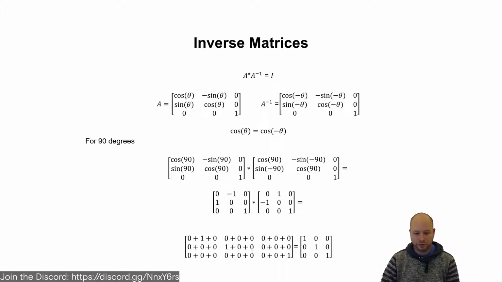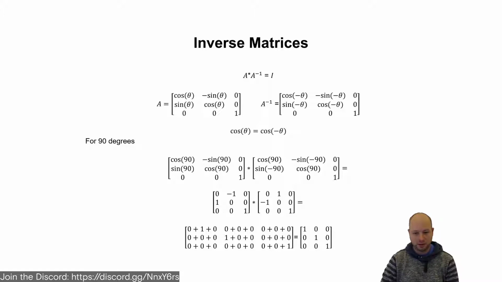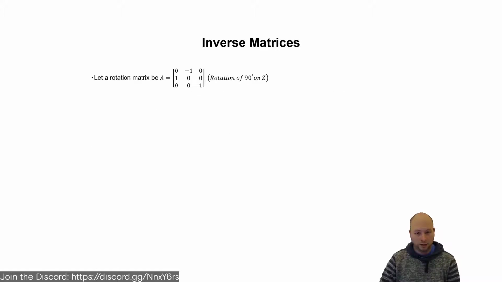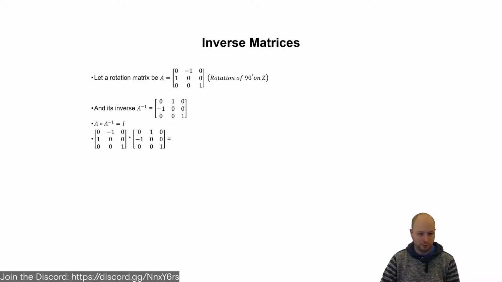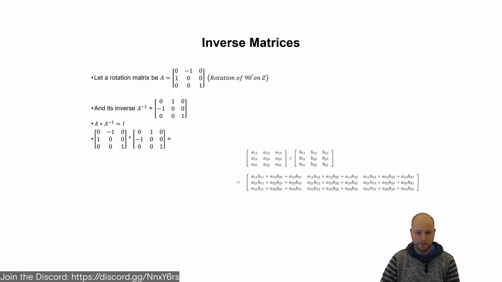So let's do this again for 90. And you can see it's exactly what we expect. And the numbers here are quite simple. So let's do this for a 90-degree rotation on Z, and its respective inverse is going to be, again, the transpose as we saw earlier in the slides. And so when we multiply these two by each other, we've seen that we get the